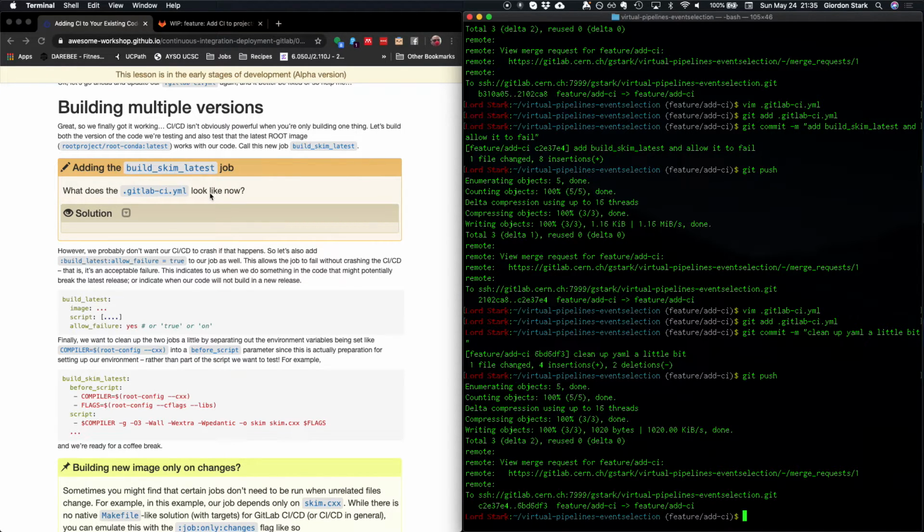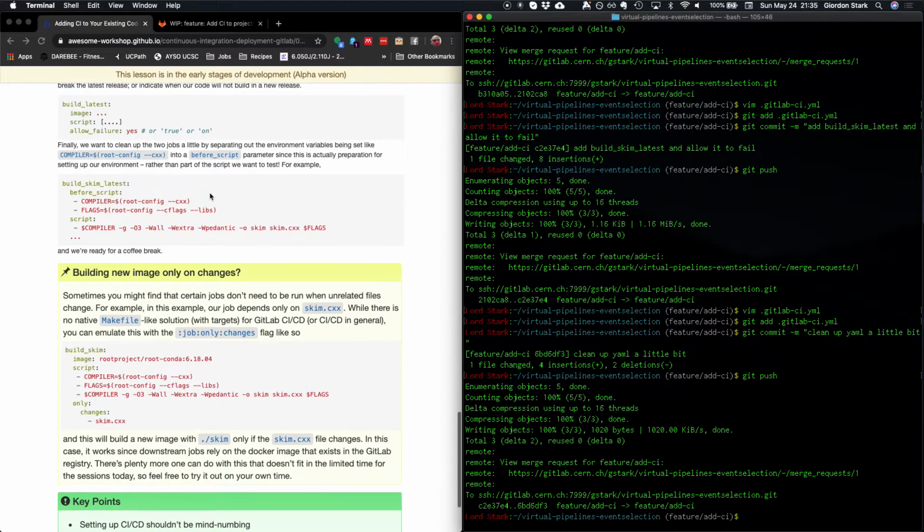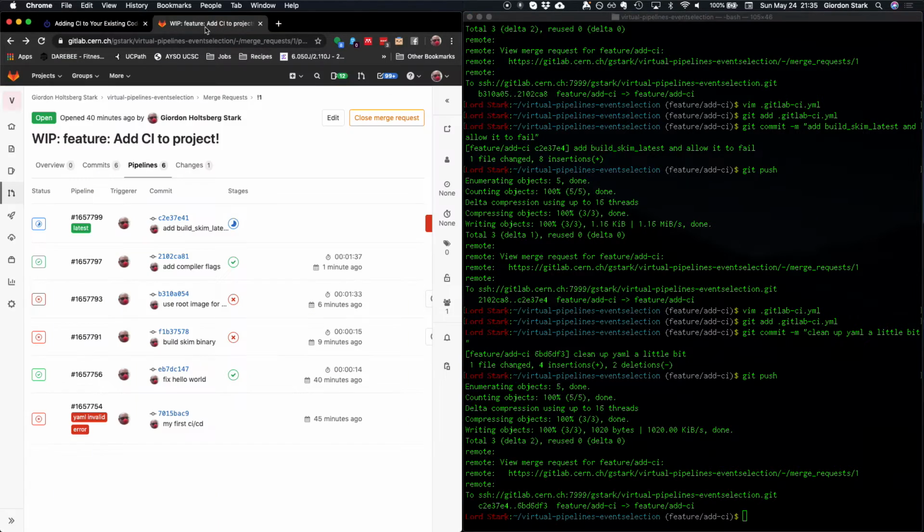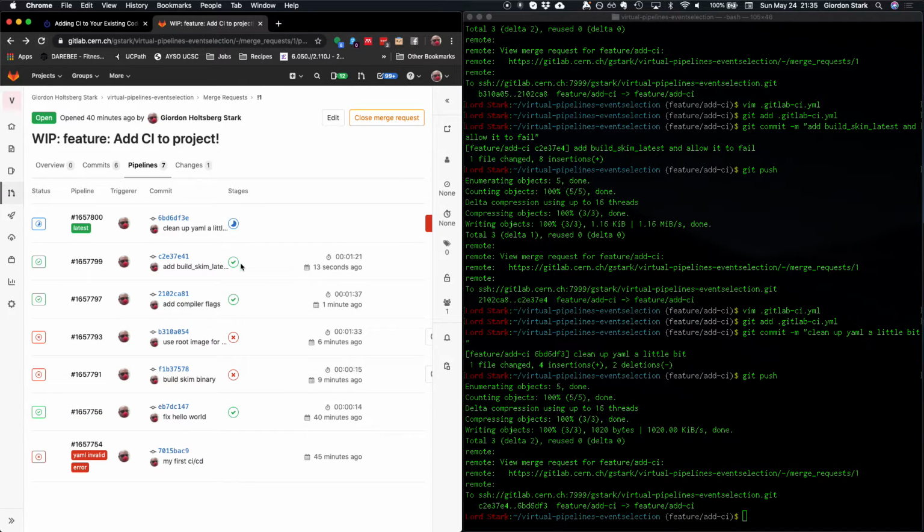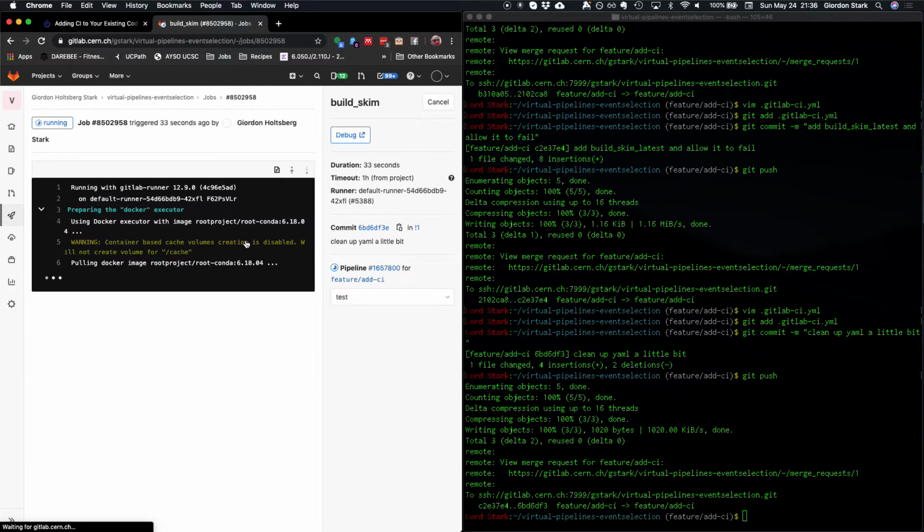Alright, so at this point, there's not much else left for this section, so let's go back to the pipeline. It looks like the build skim and the build skim latest pass for the previous thing we just did, which is to add the build skim latest. And now cleaning up the YAML a little bit should also work. Let's peek into build skim just to be sure that things worked as we expected. So while this is pulling, I guess, from the cache, or maybe it's just pulling from Docker Hub,